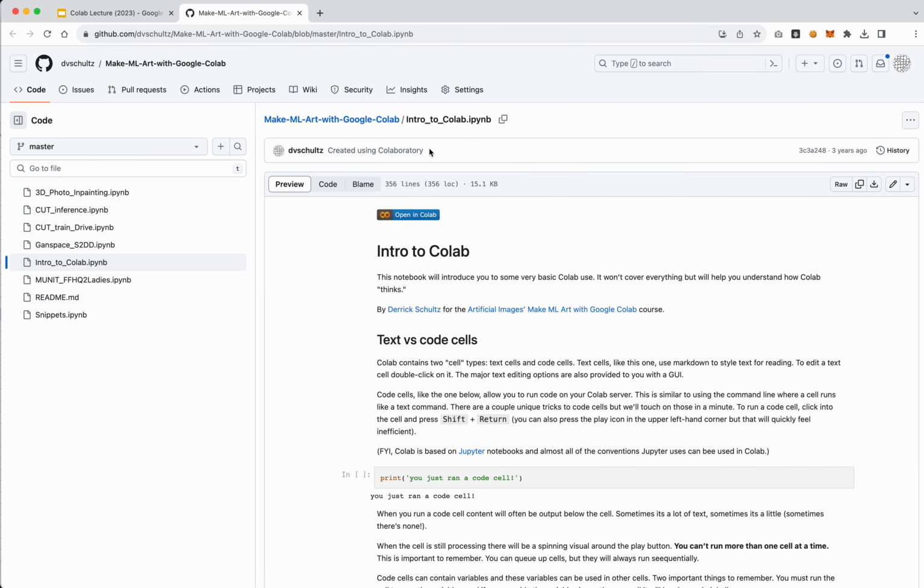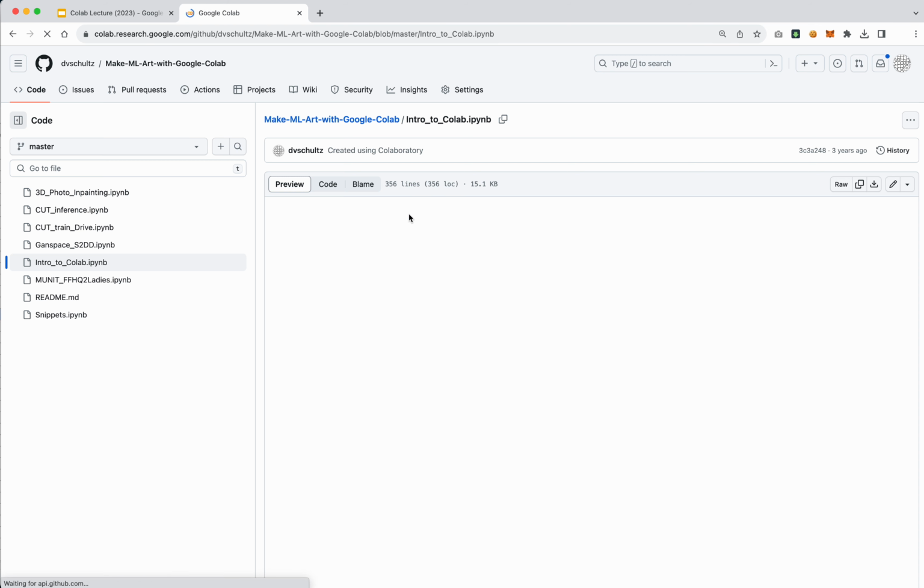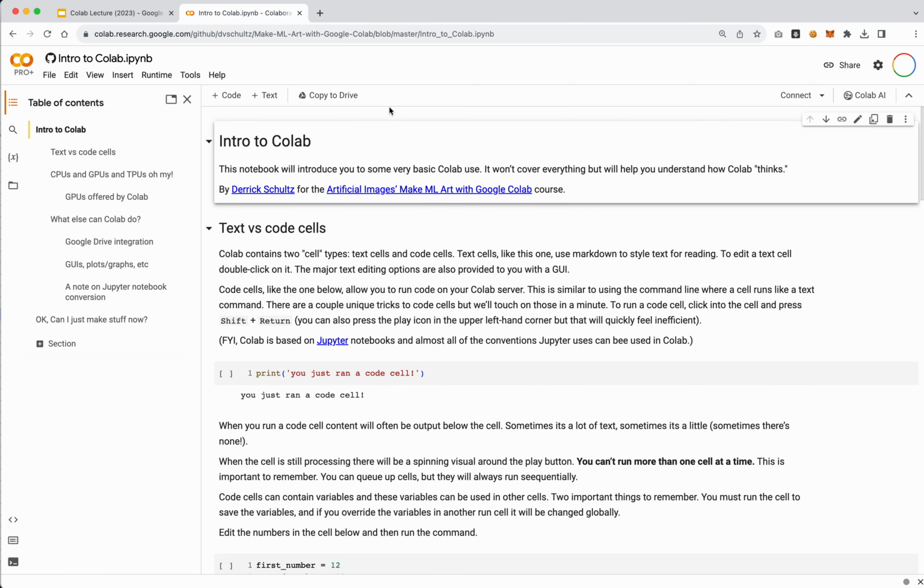In this case, this happens to open up in GitHub. I'll probably be sharing direct links to Python notebooks or direct links to Colab notebooks. In this case, if you do happen to come across it in GitHub, you'll just see it says here open in Colab. You can just click this link, and that will open this up in Colab.